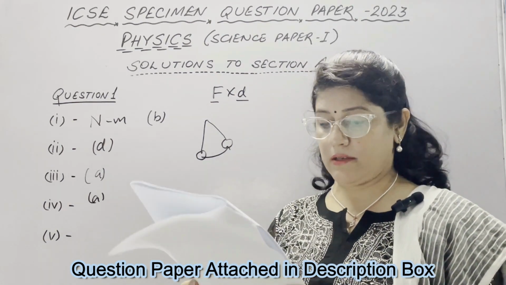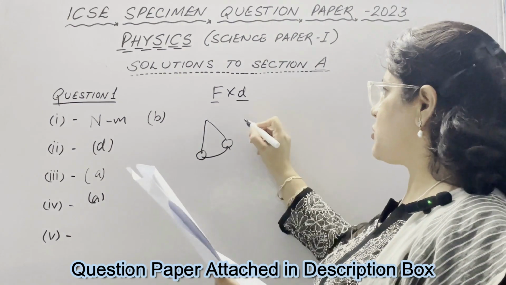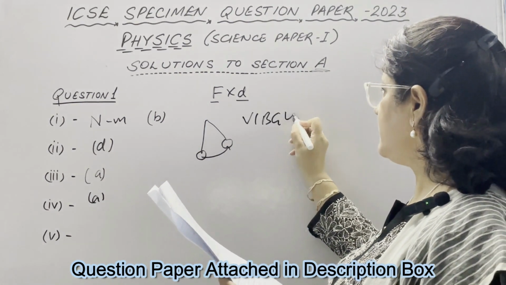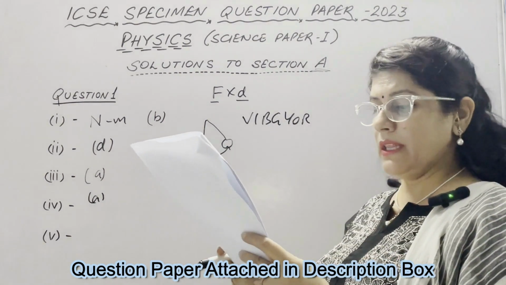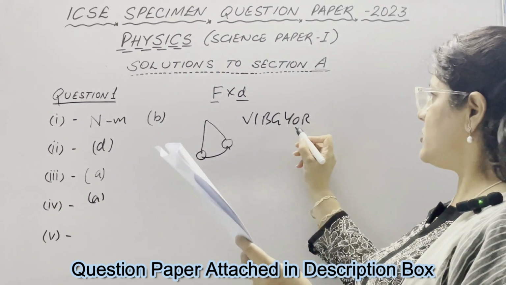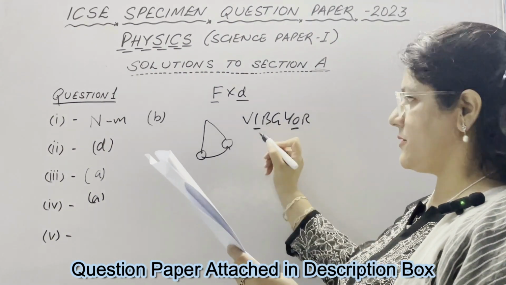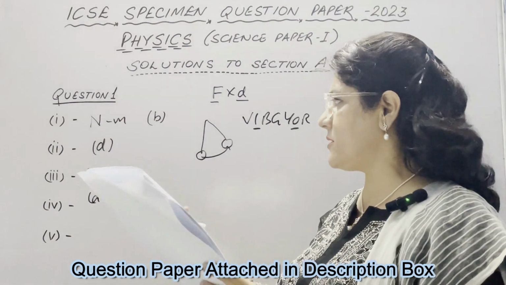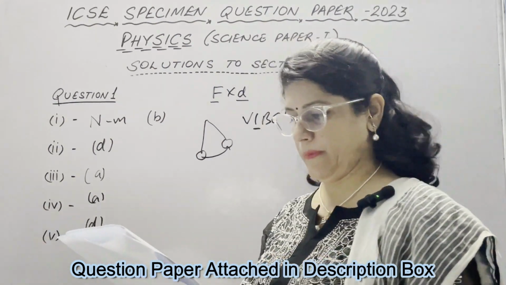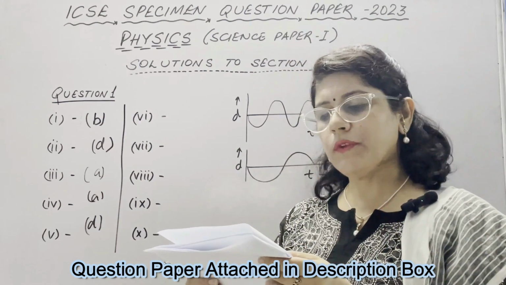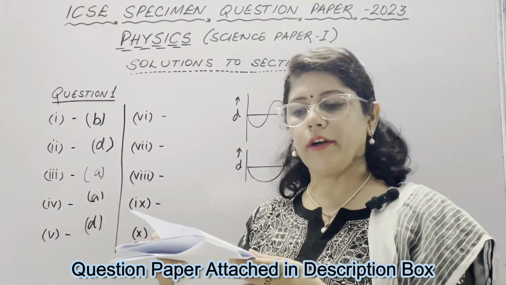When 7 spectral colors pass through a glass block from air, which one of the following statements is correct? We all know the concept of VIBGYOR. So in the glass block, the speed of orange light is greater than the speed of indigo light. So this option is correct. This is option D.